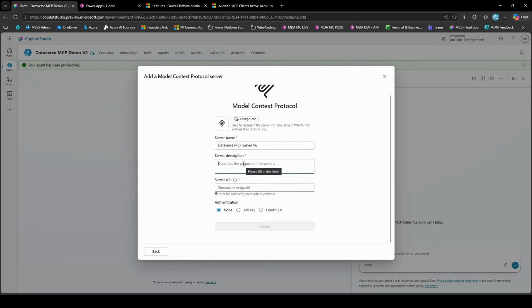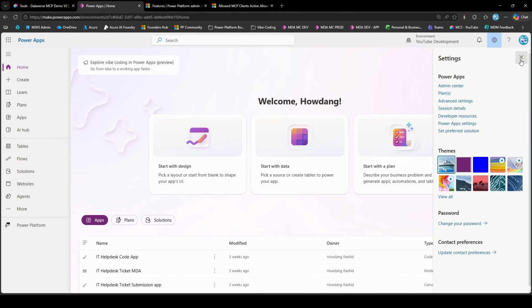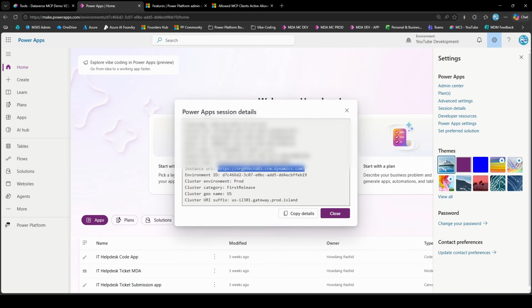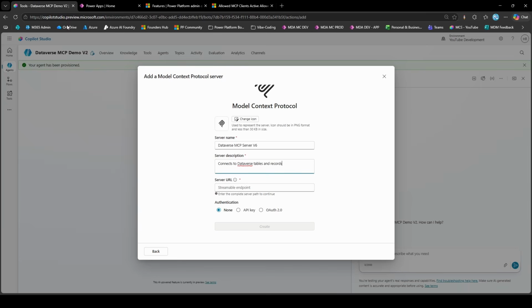Then we're going to need a server description. So in this case, we're just going to say connects to Dataverse tables and records. And all this is, if you come into the Power App Studio, come into your settings here and go into session details. What you're going to need to do is take your instance URL, copy it, come back here, paste. And what we want is to take the last / out and then type in